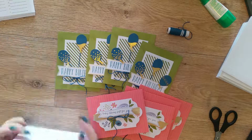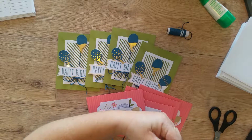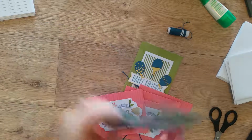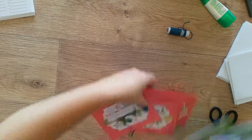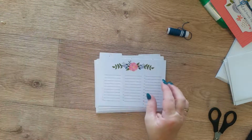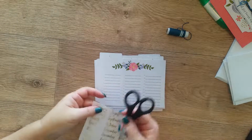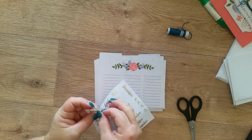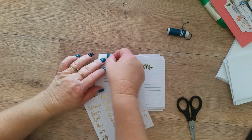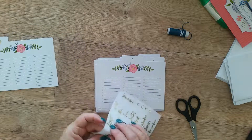You could also stamp up all of your envelopes that you have. Decorate your envelopes with some of the flowers out of the stamp set. Okay, so I'm just going to bring in these, and I'm going to bring in this lovely sheet of stickers that we have. January. Okay, February,